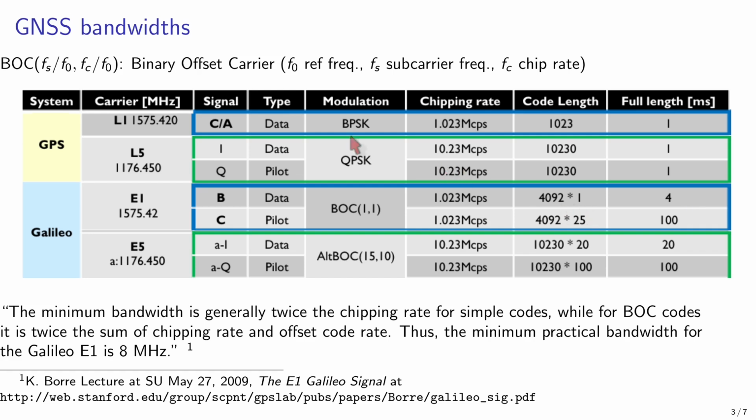Indeed, the classical GPS is a binary phase shift keying with a chip rate of 1.023 megachips per second and a code length of 1023 chips, so that the full length of each code is 1 millisecond long. Whereas the E1 or E5 are using these binary offset carrier, these BOC modulation schemes, at the same chip rate but with a longer code, which already means that the longer code requires that we have an improved frequency offset